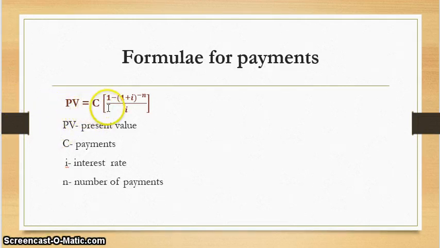PV is equal to C open bracket 1 minus (1 plus i) to the power negative n, over i. So the elements in the formula: PV is the present value, C is the payments or cash flows you'll be paying to the bank, i is the interest, then n is the number of payments. So from our example